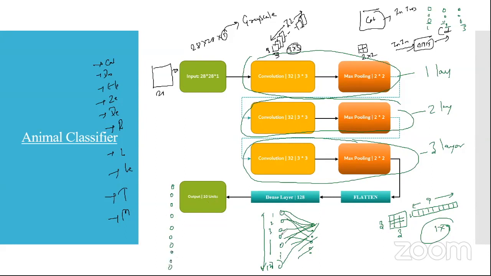So let's say after these 128 layers, the neurons are going to be connected to these 10 output neurons, and finally we're going to have, let's say, a probability distributed across 10 different classes. Like if the input image consists of a dog, right? We have a dog in the input image. And let's say the third neuron is the one for dog, means you're going to have a very high probability over here, let's say